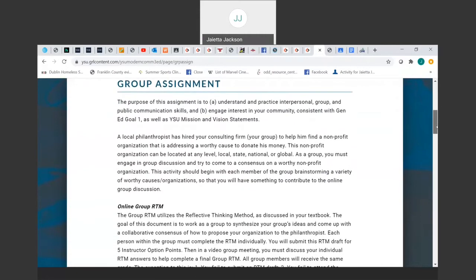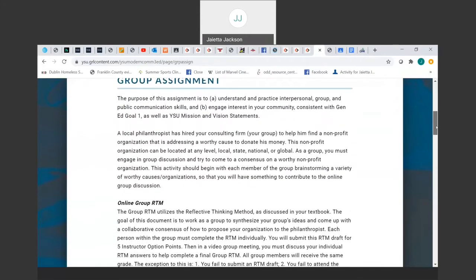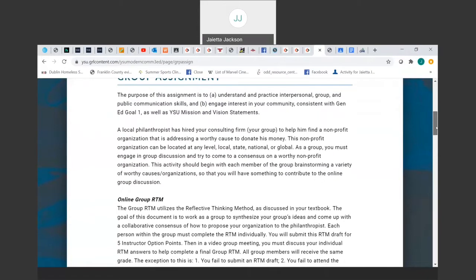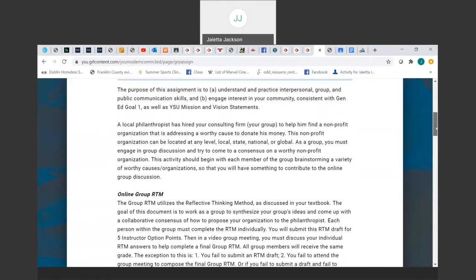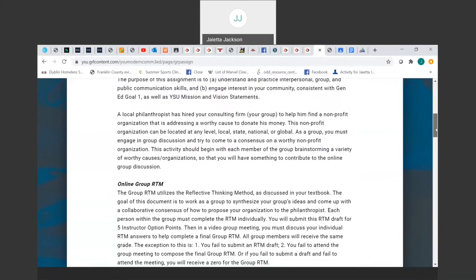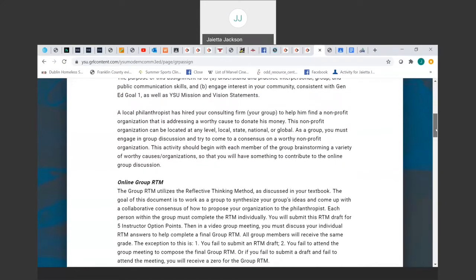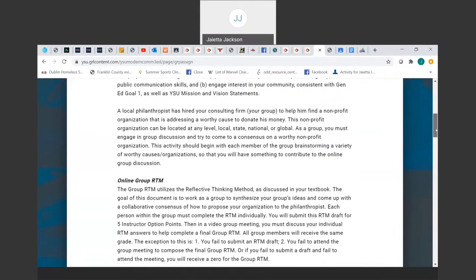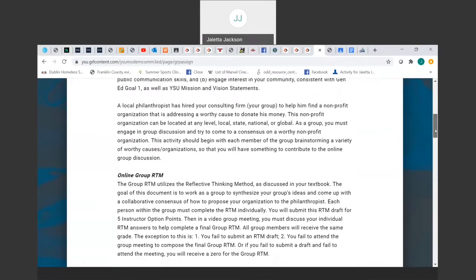skills. A local philanthropist has hired your consulting firm, your group, to help him find a nonprofit organization that is addressing a worthy cause to donate his money. This nonprofit organization can be located at any level, local, state, national, or global. As a group, you must engage in a group discussion and try to come up with a consensus on a